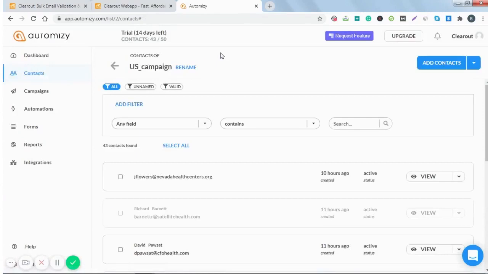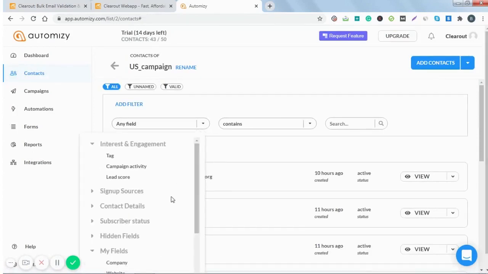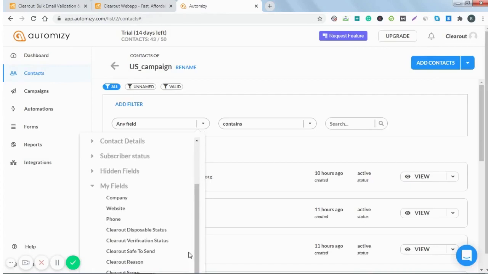But obviously I cannot go ahead with checking individually, so you can simply create a filter over here. If I have to send an email campaign, that is the process I'll use.